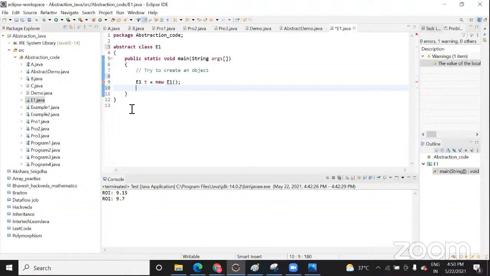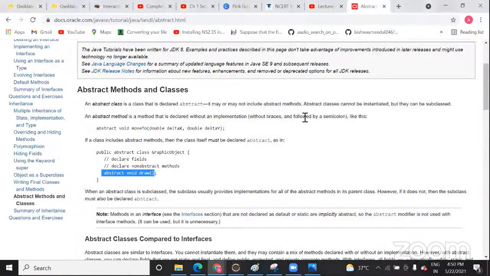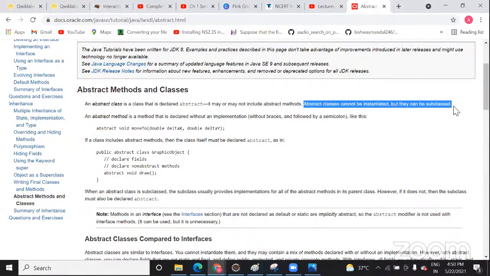From the child class, you can call this, but you can't create the object of this abstract class and run it. That is the reason they have written: an abstract class cannot be instantiated, but it can be subclassed. It means you need to create a subclass of that and then you can do it.